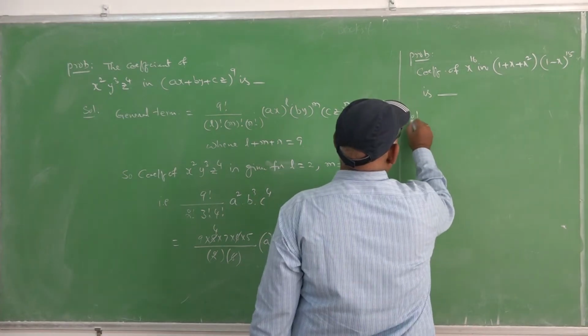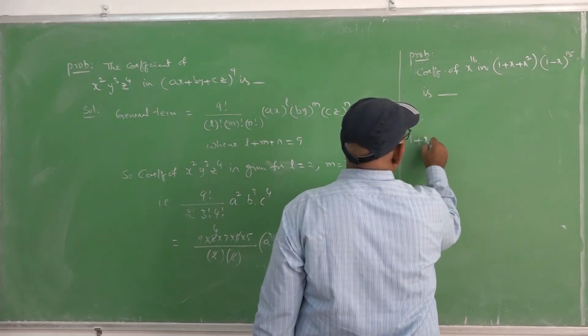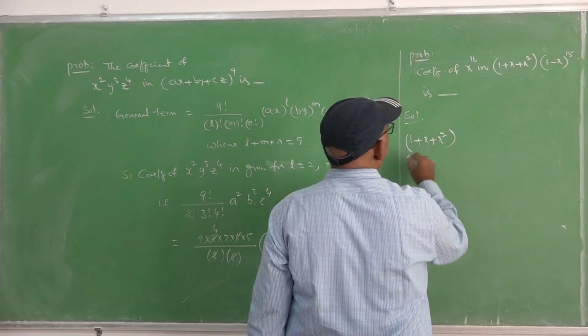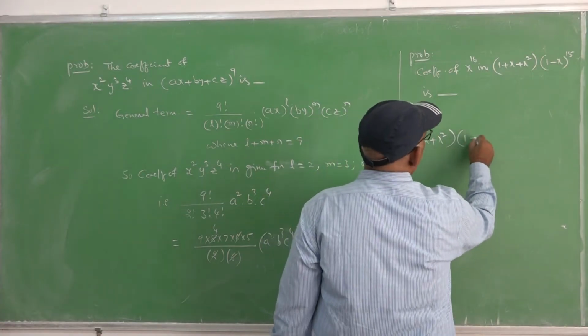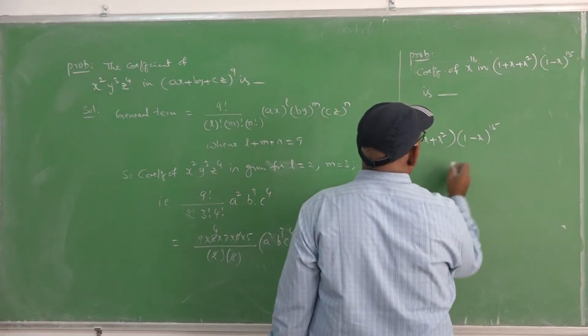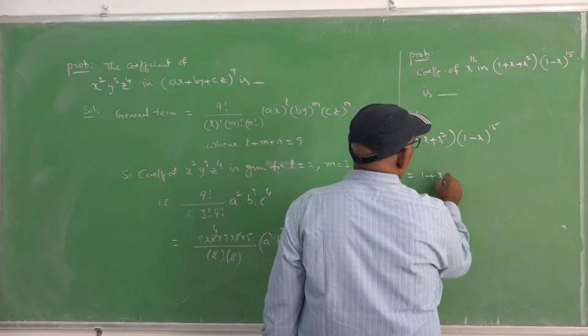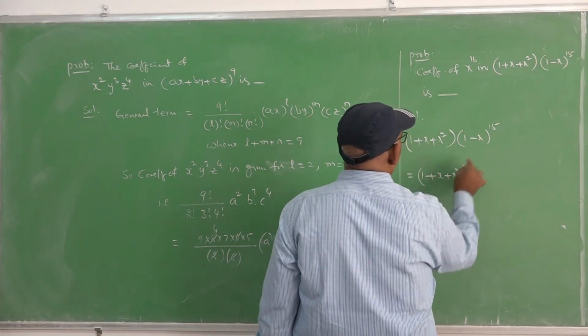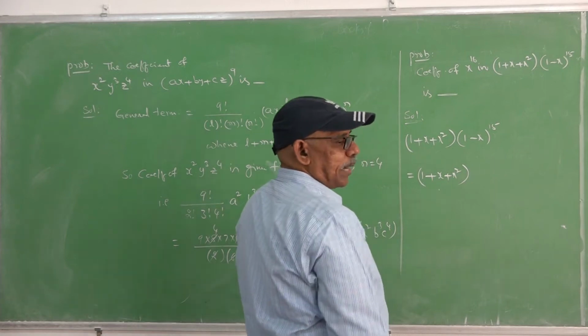So in this case, take 1 plus x square into 1 minus x whole power 15, and write this one in binomial expansion,